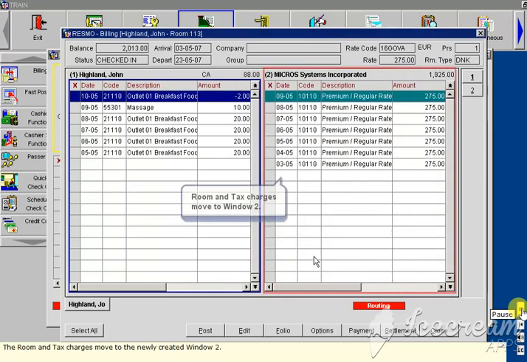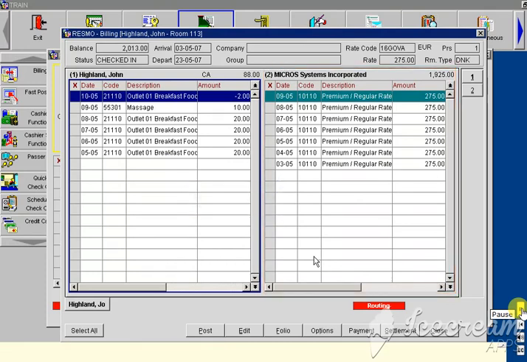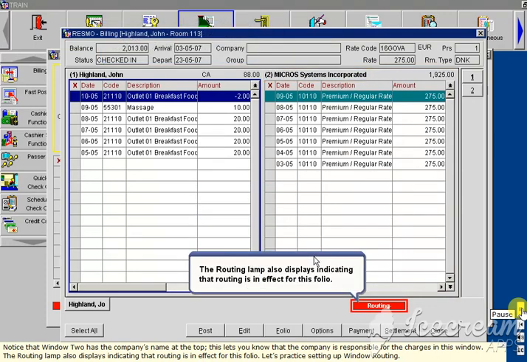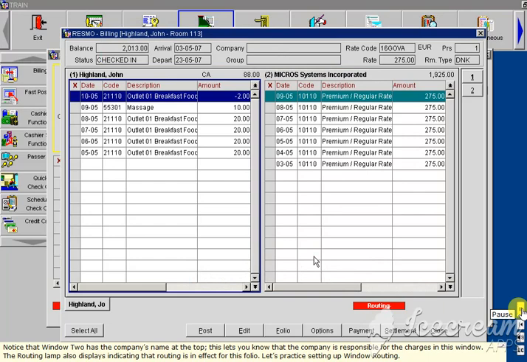The room and tax charges move to the newly created window 2. Notice that window 2 has the company's name at the top. This lets you know that the company is responsible for the charges in this window. The routing lamp also displays, indicating that routing is in effect for this folio. Let's practice setting up